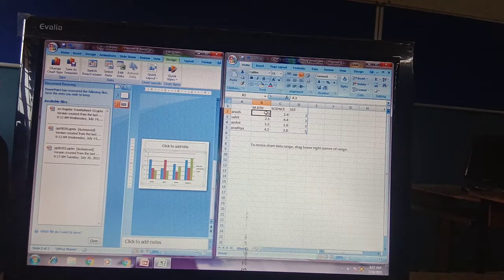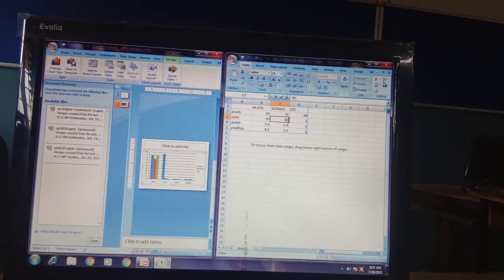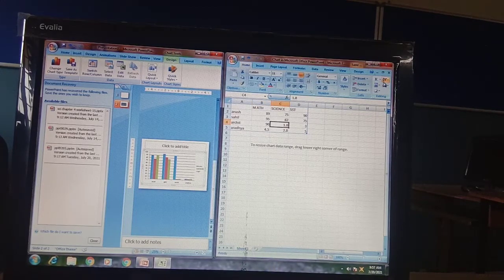Okay, so let's enter the marks out of 100. For example, 89, in this is 75 and 90 in SST. Like 95 in Math and 82 in Science and 75 in SST, like 90 and like 64 and 72.